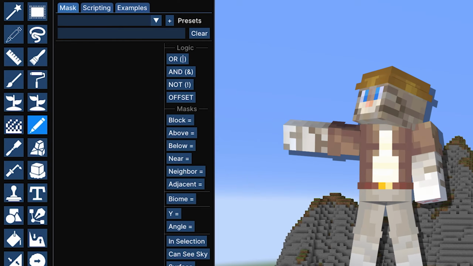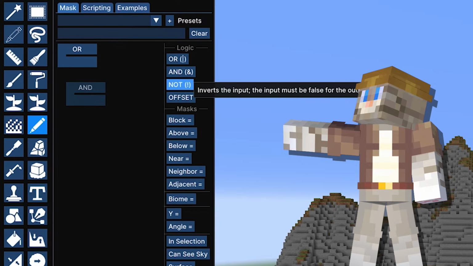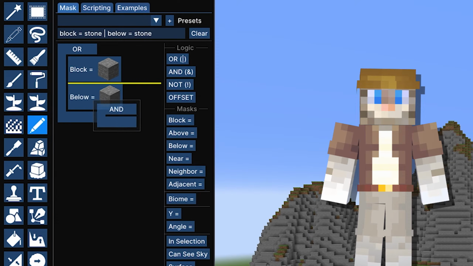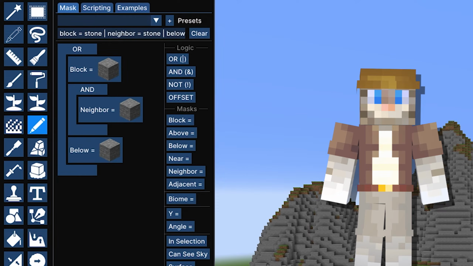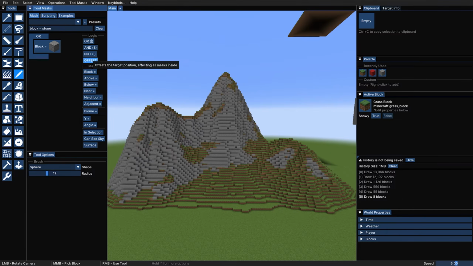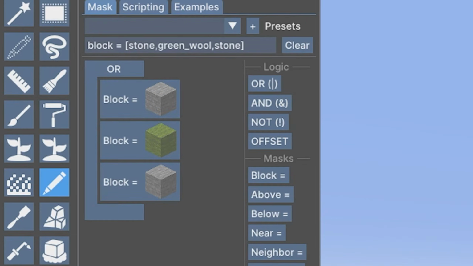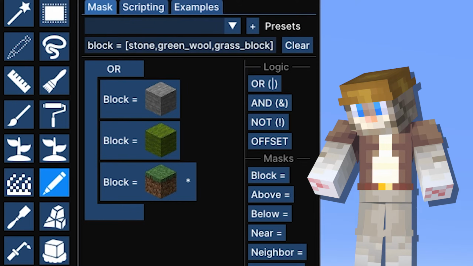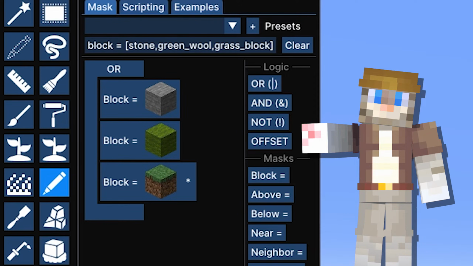Okay, so there's four main logic components: OR, AND, NOT, and OFFSET. You can place masks and logic inside these bracket-looking nodes, and this is how logic will get calculated. The OR logic will allow you to add multiple masks inside the bracket, and they will all affect your tool. That means that whatever you put in here, they are not mutually exclusive, so both can happen